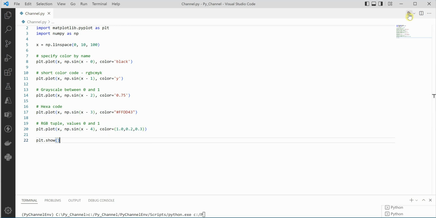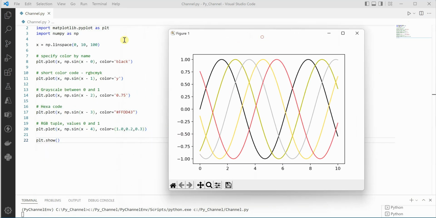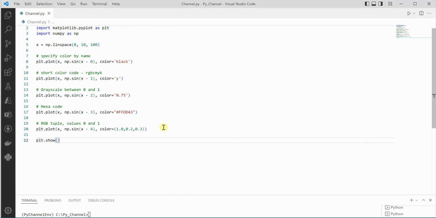I will save it and quickly execute it. So you can see that this time colors got changed. You got yellow, you got black. So these are the various ways you can use. There is no hard and fast rule which one to go for, but it's an individual preference. So whatever works best for you, you can go ahead